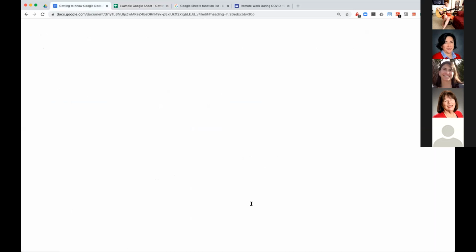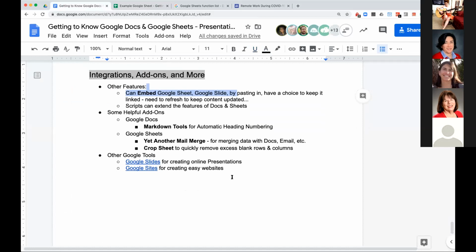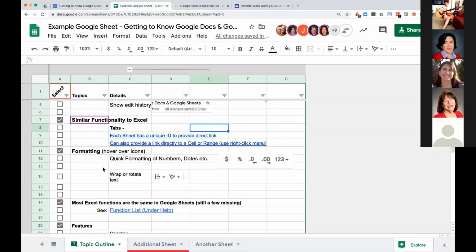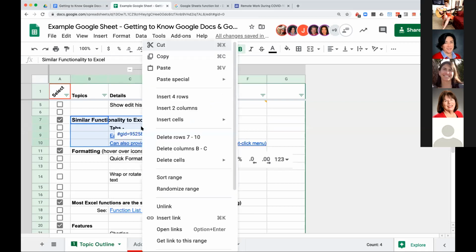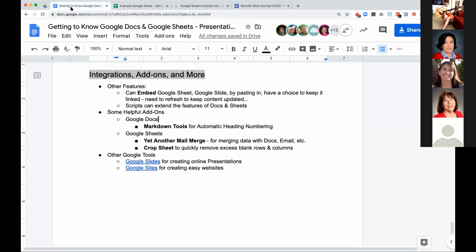So I'm going to move back over to my doc and just comment on a few other things that you can do. One of them is, maybe I'm just going to hop over here to give an example. Let's say I wanted to grab this stuff right here, probably just these 2 columns, and hit copy. I just did the right click to copy. And I wanted to paste it in. I can do that right here.